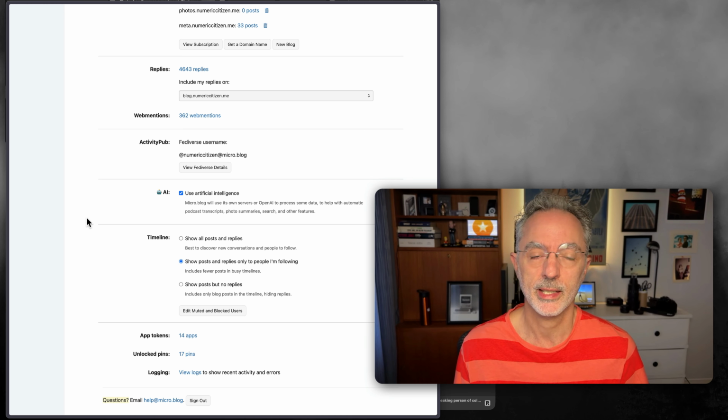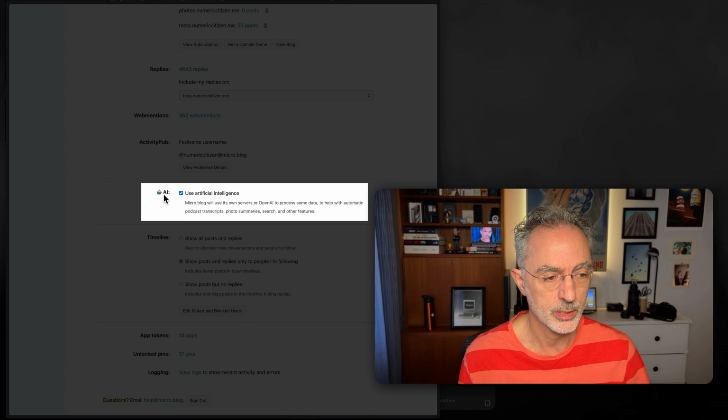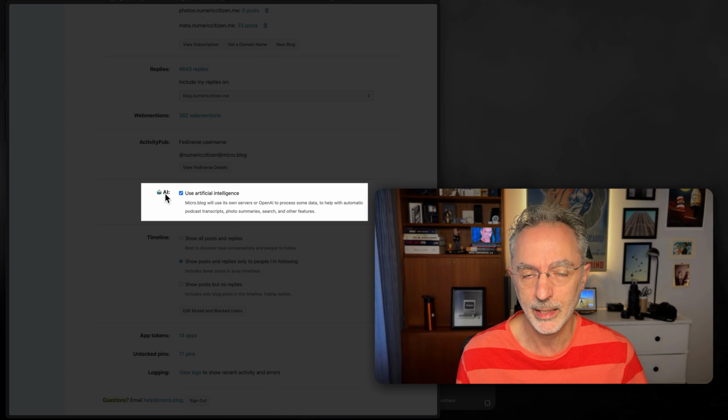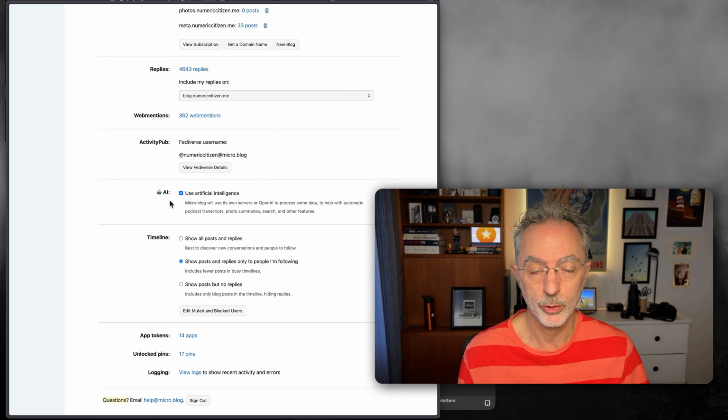But there is one thing that has been added that you should be aware of, this option here, which is called AI. It's available in your account settings on the left sidebar. Microblog uses a few features that depend on OpenAI for processing some data. One example is that if you are using Microblog to host a podcast, the transcription of the podcast uses OpenAI's transcription feature.